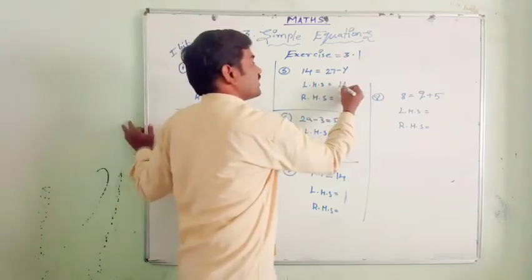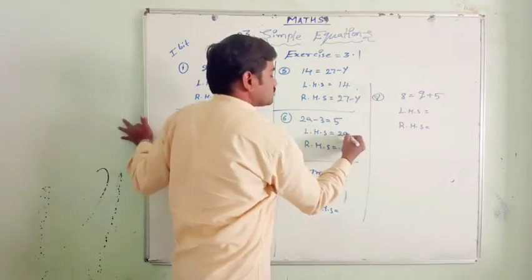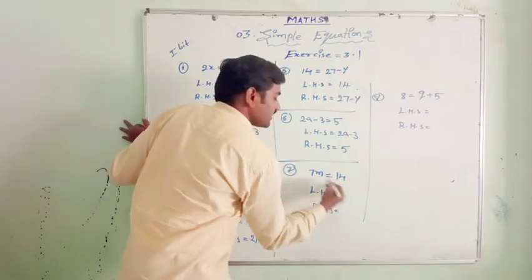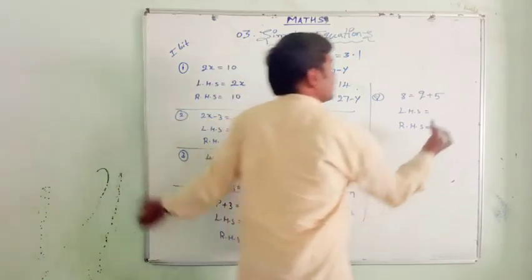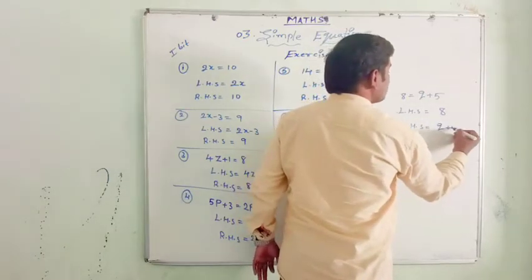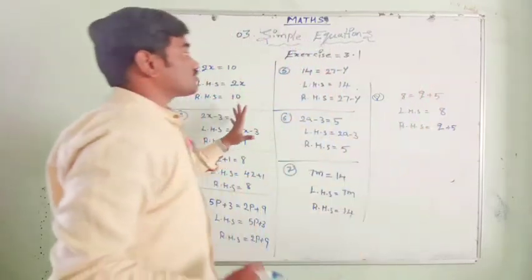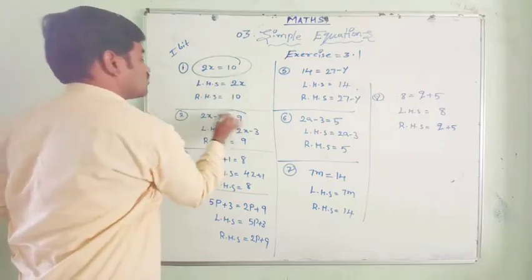Here LHS is 14. RHS is 27 minus y. Here LHS is 2a minus 3. RHS is 5. Left hand side is 7m. Right hand side is 14. Left hand side that is 8. Right hand side that is q plus 5. Left hand side, right hand side. Easily we can identify. So the first bit is very easy, and these questions are known as